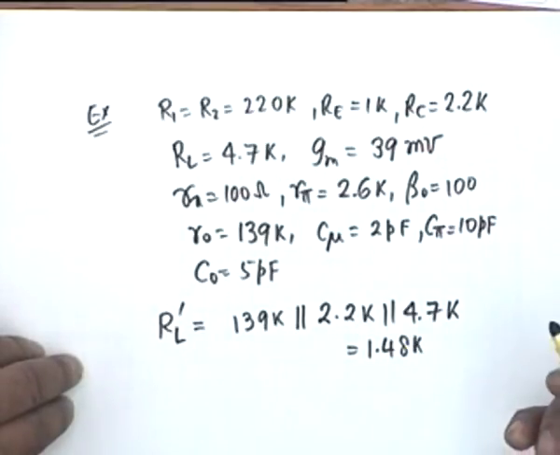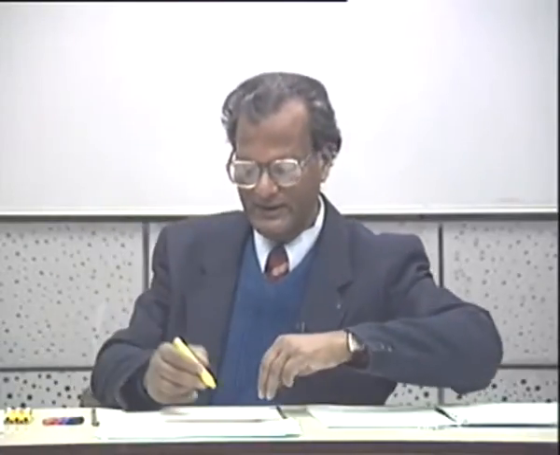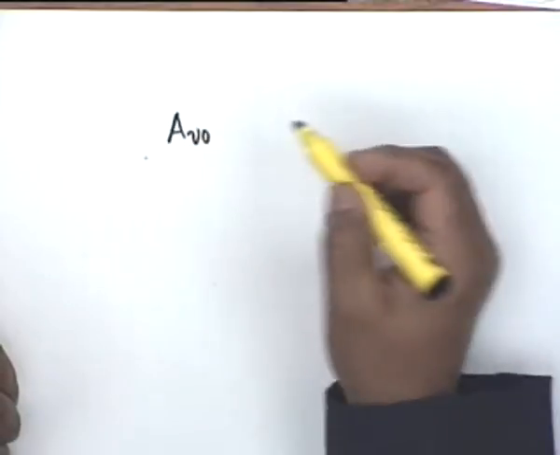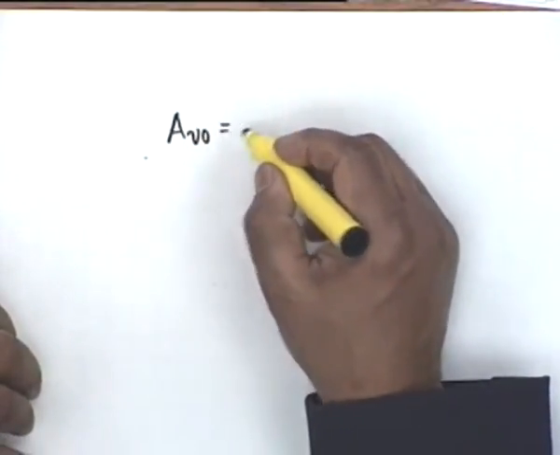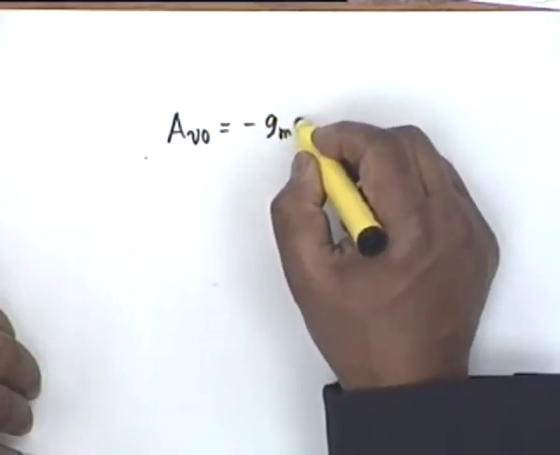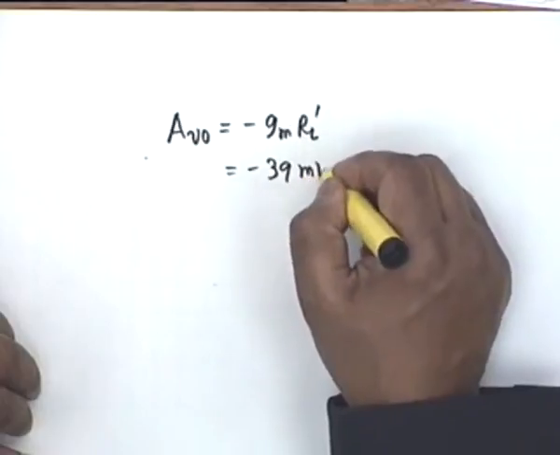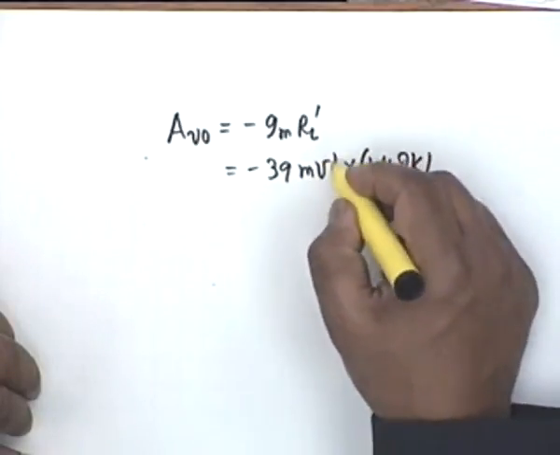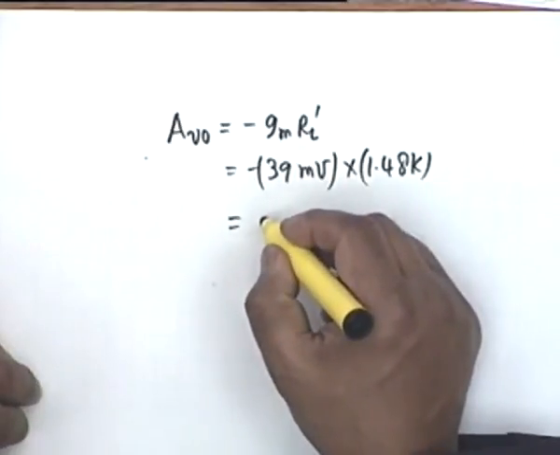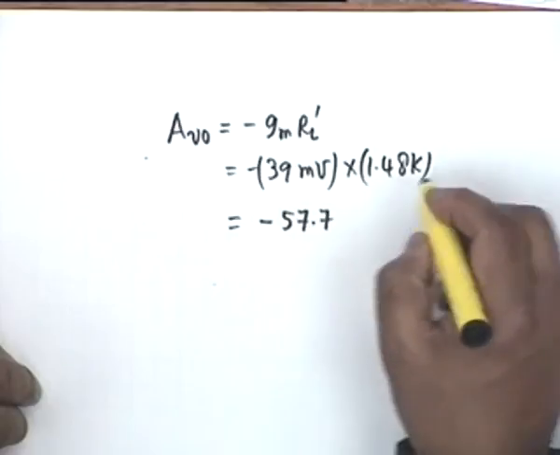We have calculated this earlier also. And if I know this, then AV0, it's a mid-band value. AV0 is minus gm RL prime is equal to minus 39 millimho multiplied by 1.48K and this comes out as minus 57.7,